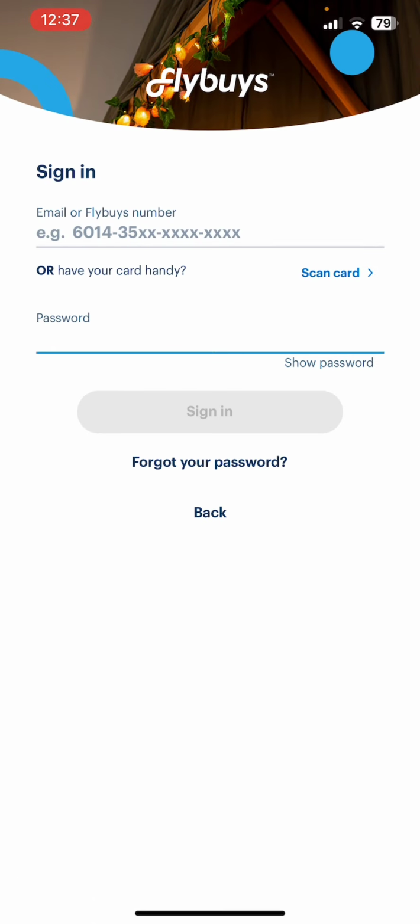Once you complete all the credentials, simply tap on the sign in button, and yeah, you will be able to log in successfully. And by chance if you have forgotten your password, then just tap on forgot your password on the screen, complete a few more formalities, and once you verify yourself, you will be able to log in successfully. So basically this is how you can log into Flybuys app,